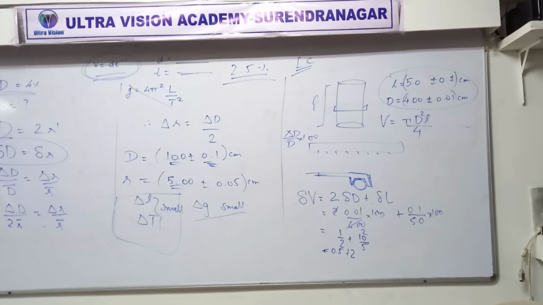D. Sure? Look at all the delta L. Smallest error in delta L is in D. Similarly, look at delta T. Smallest error in delta T is in D, understood. There is also one more reason why this measurement is very accurate. Look at the number of oscillations: 10, 20, 20 and 50. If you do some experiment and repeat it 50 times, then the chances of random errors also decrease. You remember that? Yes. Okay, to reduce error you should do it more number of times. So this is done 50 times, so it's even better. So in every way, option D is the correct one.